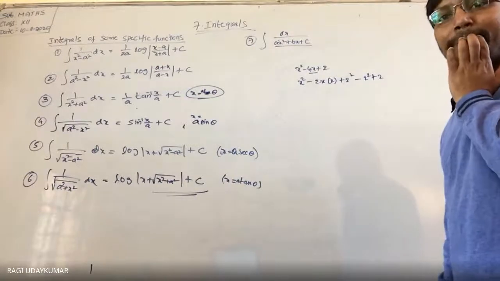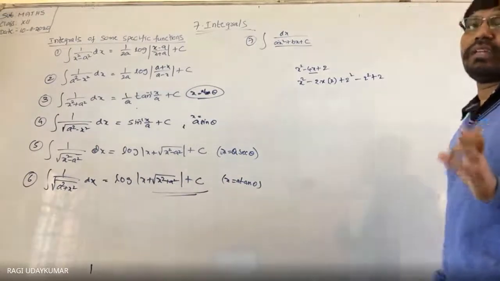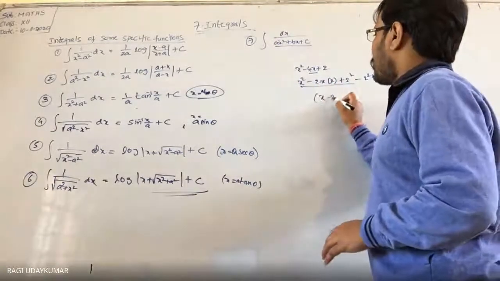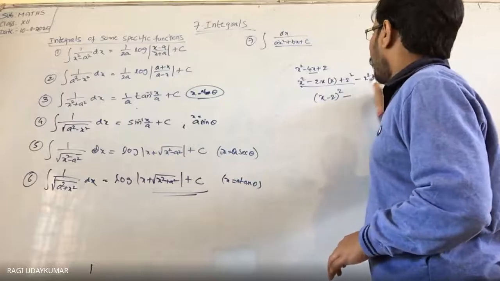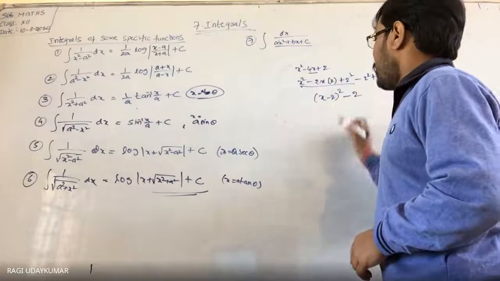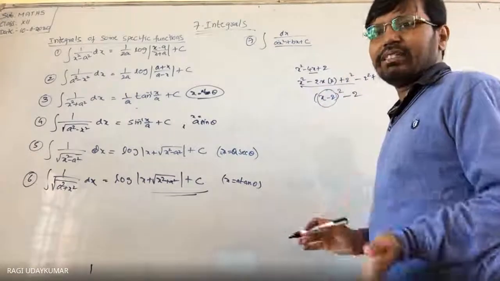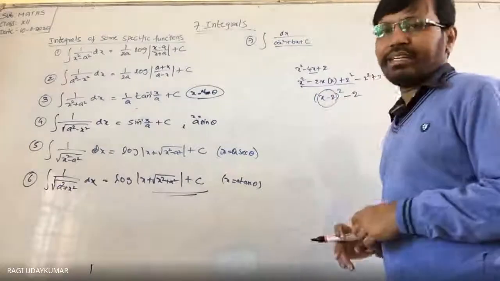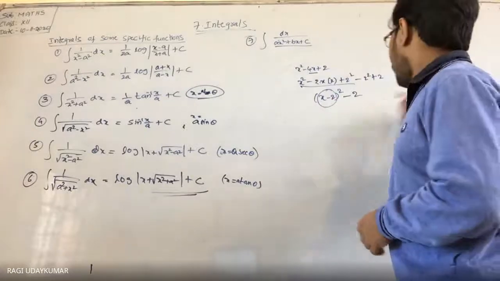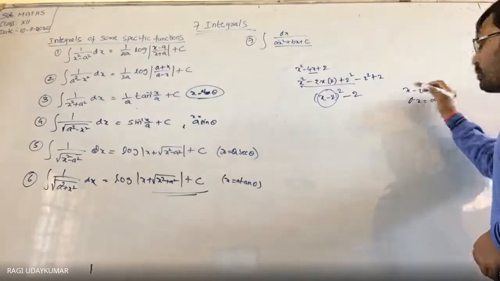What did I do? Did you understand what I did? Completing square method. If you know that perfectly, then you will be able to do this. What is this? This completely is x minus 2 whole square, minus 4 plus 2 minus 4. So now you consider this completely as t. Consider it as t, or consider anything, then it is right only. Because if you consider x minus 2 as t, dx equals dt. So no problem, you can keep it as it is.